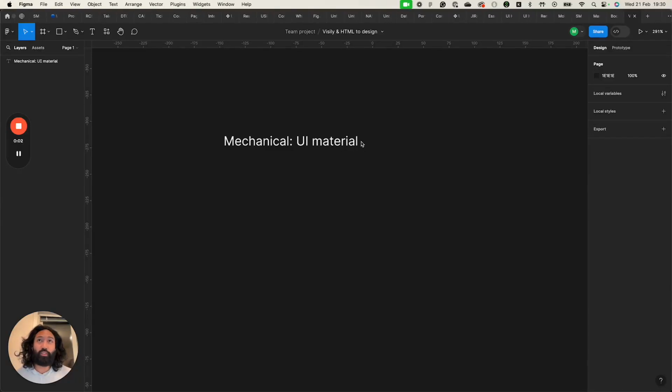So this is a very short one to go over a couple of tools that I use to help me do what I call mechanical. A lot of other people call it mechanical, it's not a term I invented. Essentially, you just want to copy a UI and then do the magic, which to me is trying to figure